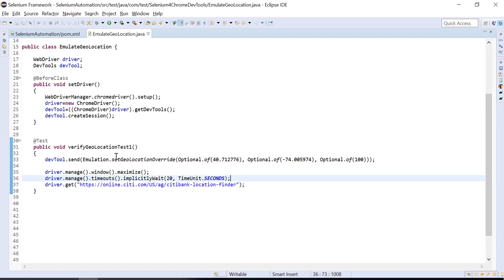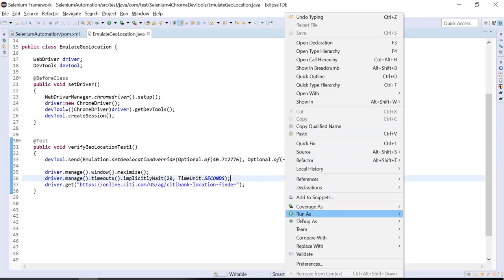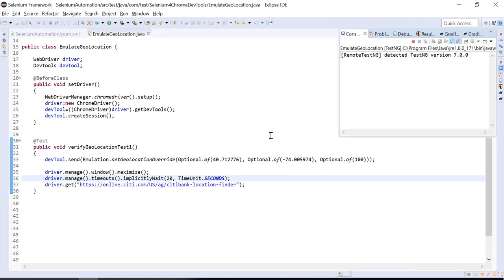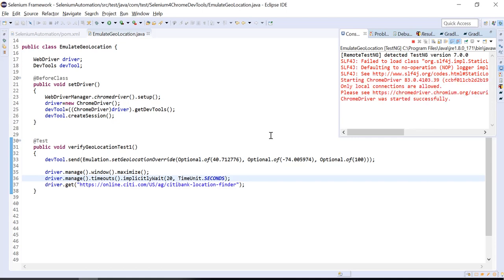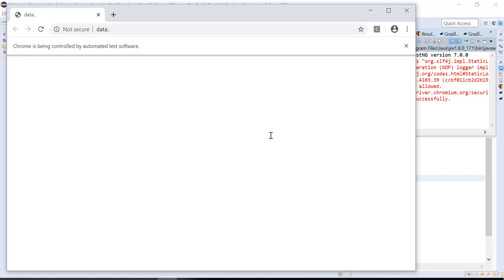This time we will see all the ATMs from New York City. Whatever Citibank ATMs exist in New York City will be displayed. This is a feature in Selenium 4: we can emulate the geolocation of any website.